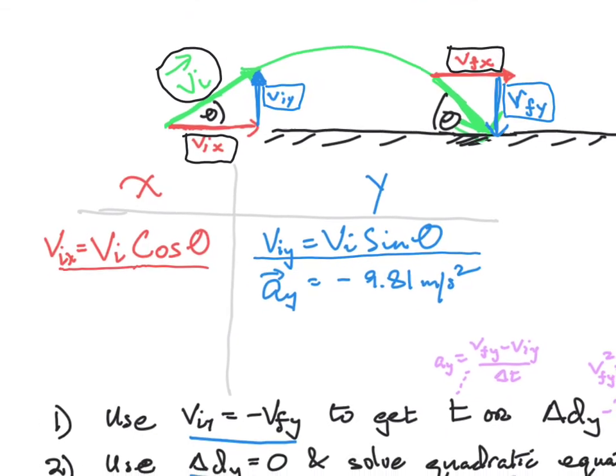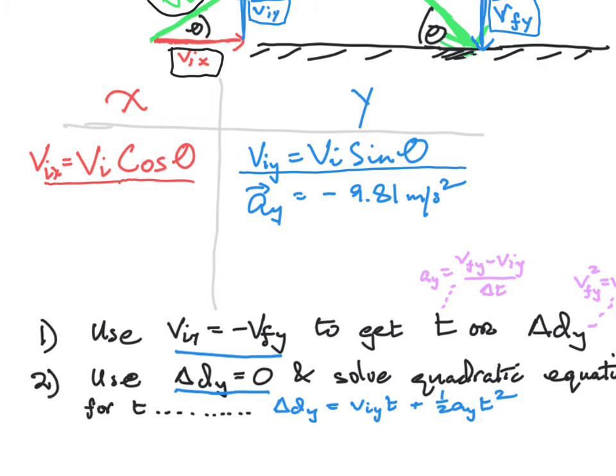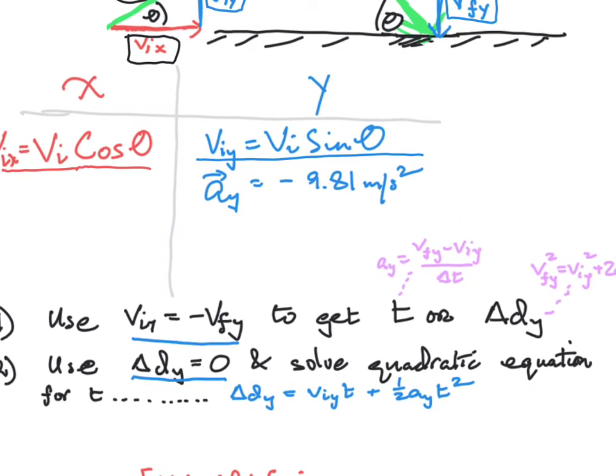So what are the strategies available to us when solving such questions on projectiles at an angle? Well, we can use the fact that VIY is equal to negative VFY, and we can use that fact to get t by using the equation acceleration is the final velocity minus the initial velocity over delta t, and just use some algebra to rearrange. And we can get our value for time, a very, very useful variable, because if we have the value for